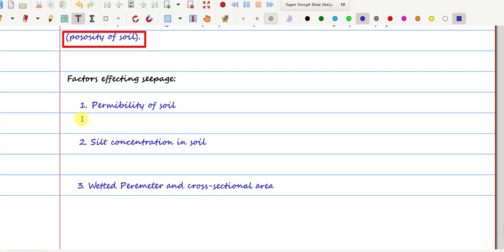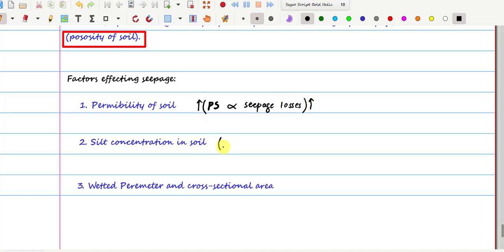So let's see permeability of soil, how it affects the rate of the seepage. Permeability of soil is directly proportional to the seepage losses. If the soil permeability is higher, obviously seepage will increase. Got it? In case of silt concentration,